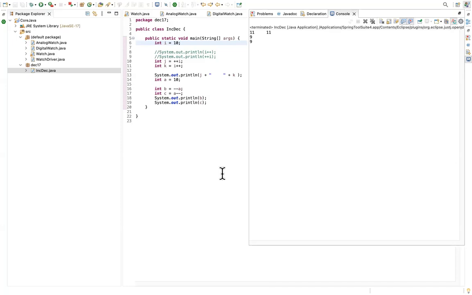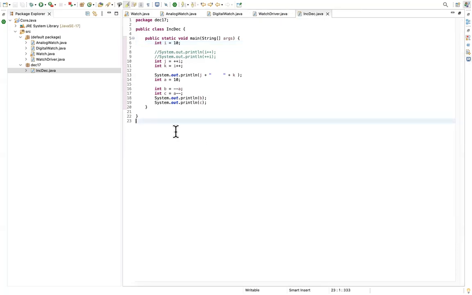Okay, Sneha. But while assigning to B, it should be decremented and assigned, right? I'm asking whether it should be like 9 and 8. Why is it 10 and 8? Because you're doing the operation on the variable A, right? So let us do one more thing. Kiruba, we can copy the same, just change it: B is equal to A minus minus and C is equal to minus minus A. Then you'll get the value you saw earlier.